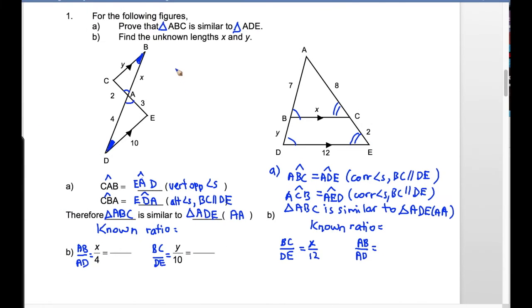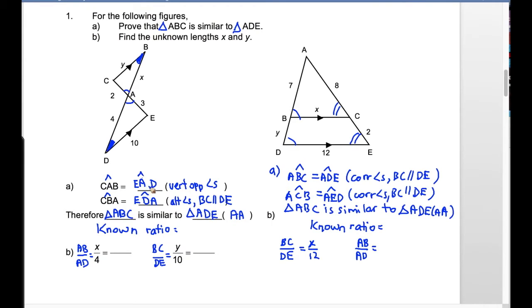In the first sum, we need to prove that triangle ABC is similar to triangle ADE. In order to do that, we need to find two sets of corresponding angles. As we can see here, we have vertically opposite angles